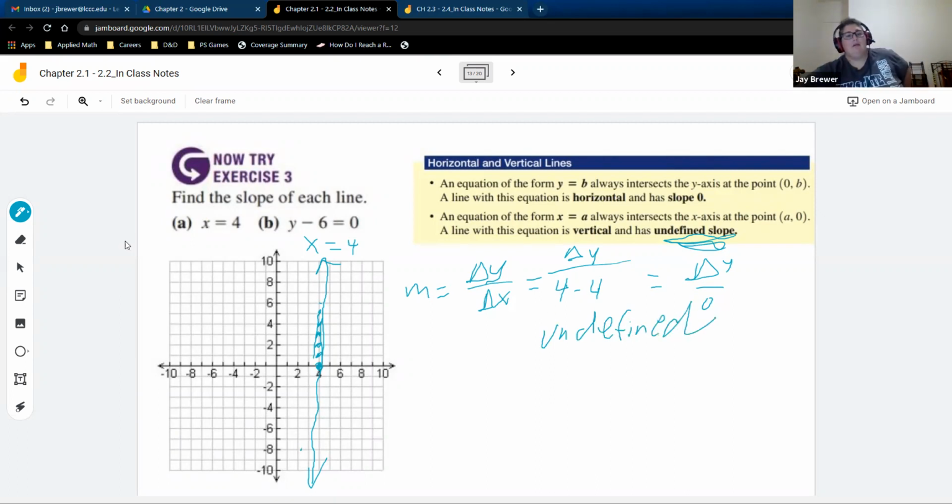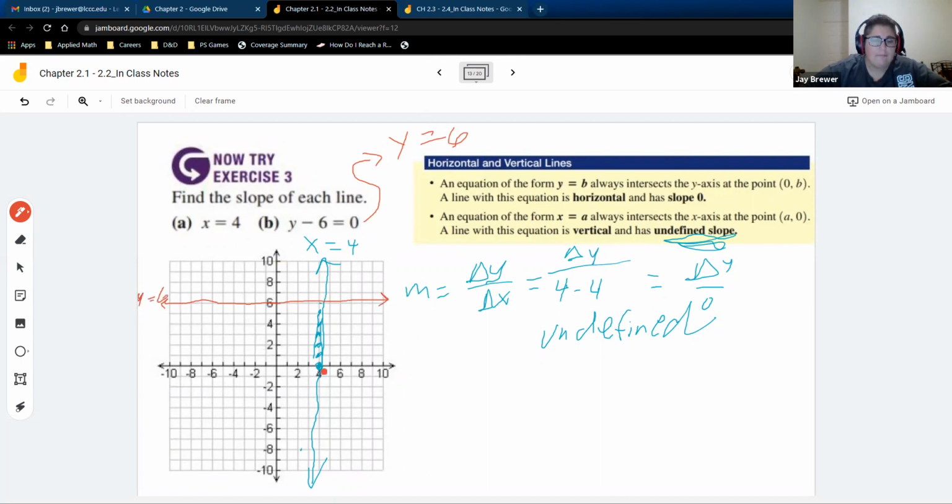Okay, now for b, and they make us solve it, of course, so we're going to add 6 to the other side, so y equal to 6. And then you're going to come here to the 6. It's going to be a horizontal line. Guess I did that one a little bit better. And it's going to be y